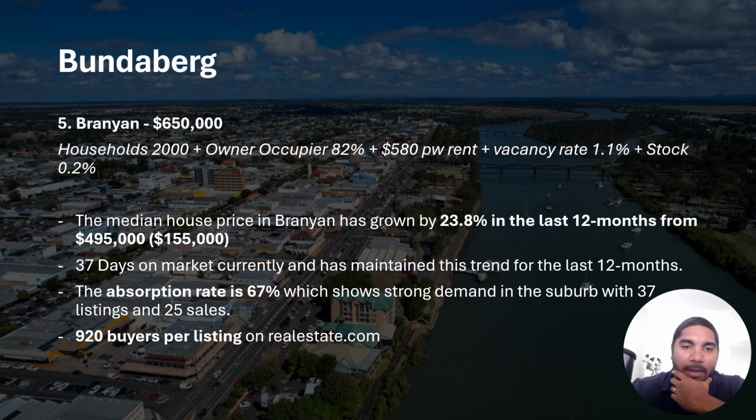And just to speak to that point right now, the median house price is sitting at $650,000. Look, I still think that median house price has a lot of wiggle room to push up. I think it can definitely get to 850 over the next couple of years. But I'm saying that there are a lot of properties under that median house price right now in Brandon that you could pick up that I think offer a lot of good value for money. I think they're the ones that still have a lot of capital growth upside in them,